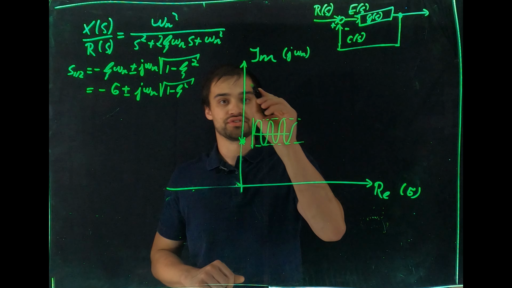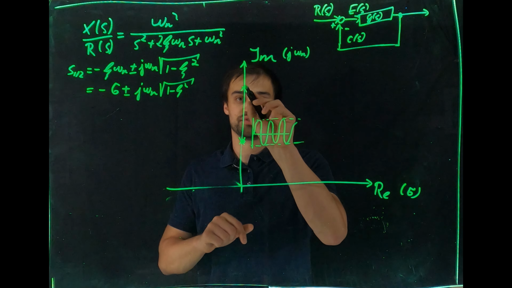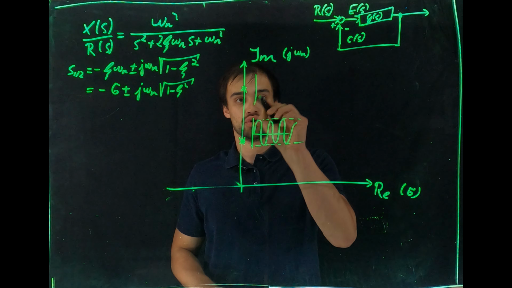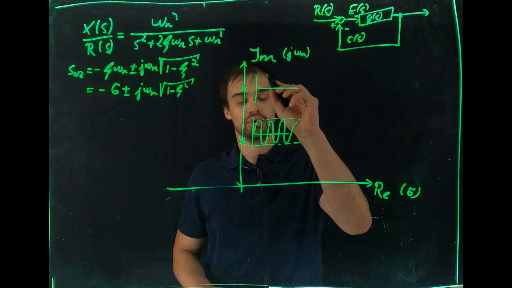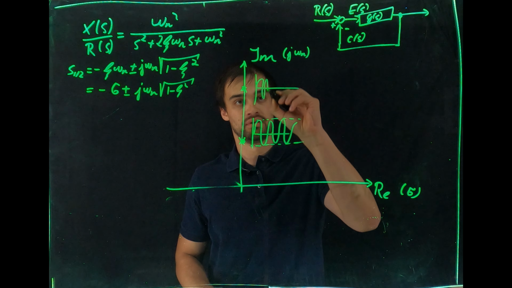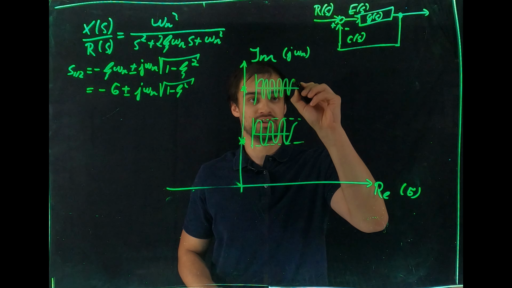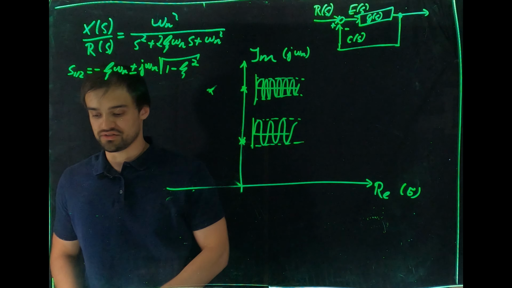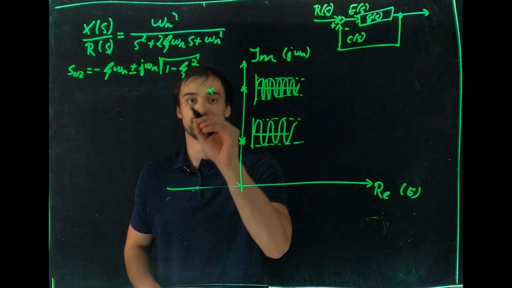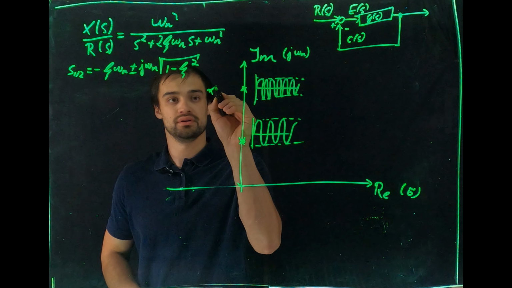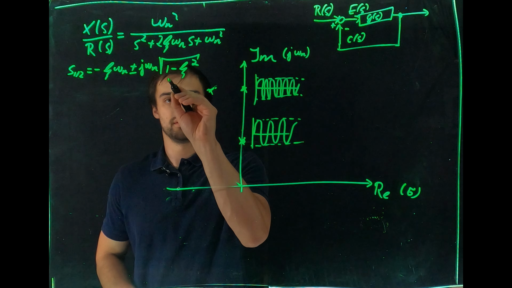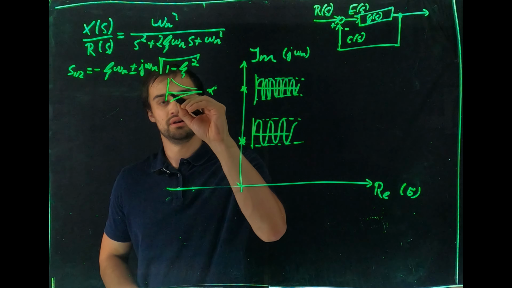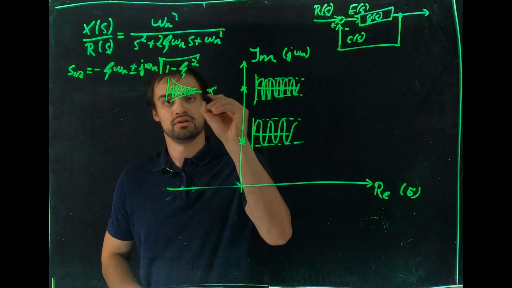If you do the same thing for a system where the root lies much higher in the natural frequency, of course, the oscillation will be much higher too. This is just a schematic drawing. I'm just trying to illustrate to you what marginally stable means. And the root lies here, and we hit it with a pulse. The system reacts like such. You have a decay that oscillates pretty quickly.